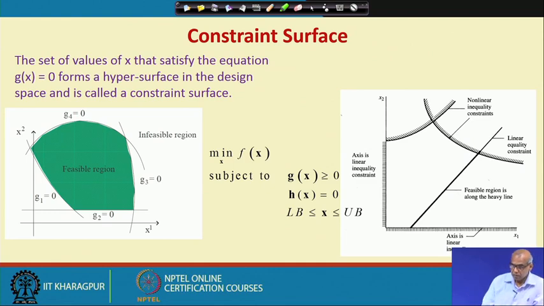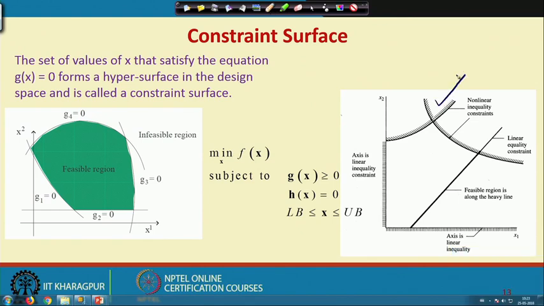If I also have an inequality constraint, like say here I have an inequality constraint g(x) greater or equal to 0, I have another inequality constraint g(x) greater or equal to 0, the axes are also considered as linear inequality constraints. So, x greater or equal to 0, y greater or equal to 0, those axes are considered as linear inequality constraints. And if I have an equality constraint which is shown here,